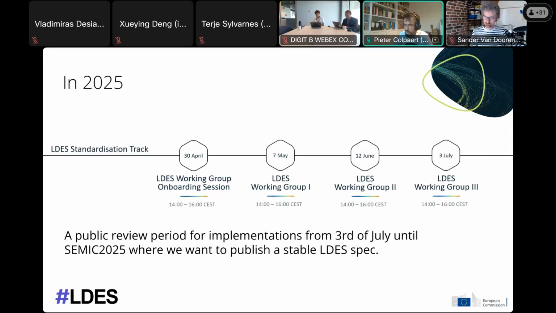So again, showing the dates for the working groups. Today you're here in the LDES Working Group in the onboarding session. Next week already, on the 7th of May, there's working group 1. Then one month later, the 12th of June, there will be the second one, and then on the 3rd of July there will be the last one. Then there will be a public review period for implementations from the 3rd of July until SEMIC 2025,